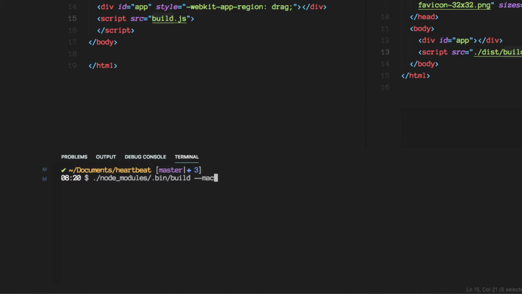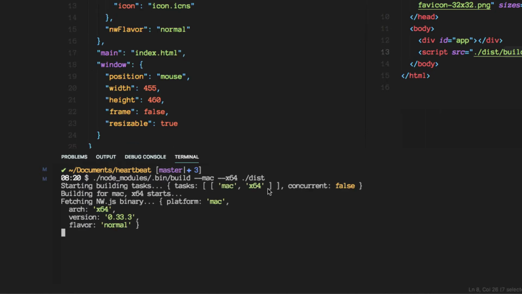So if I pass in a couple parameters here, meaning we're trying to build for Mac OS and we're trying to build for the 64-bit architecture, then we need to tell it where to look for the manifest that we were just talking about here. As I hit enter,